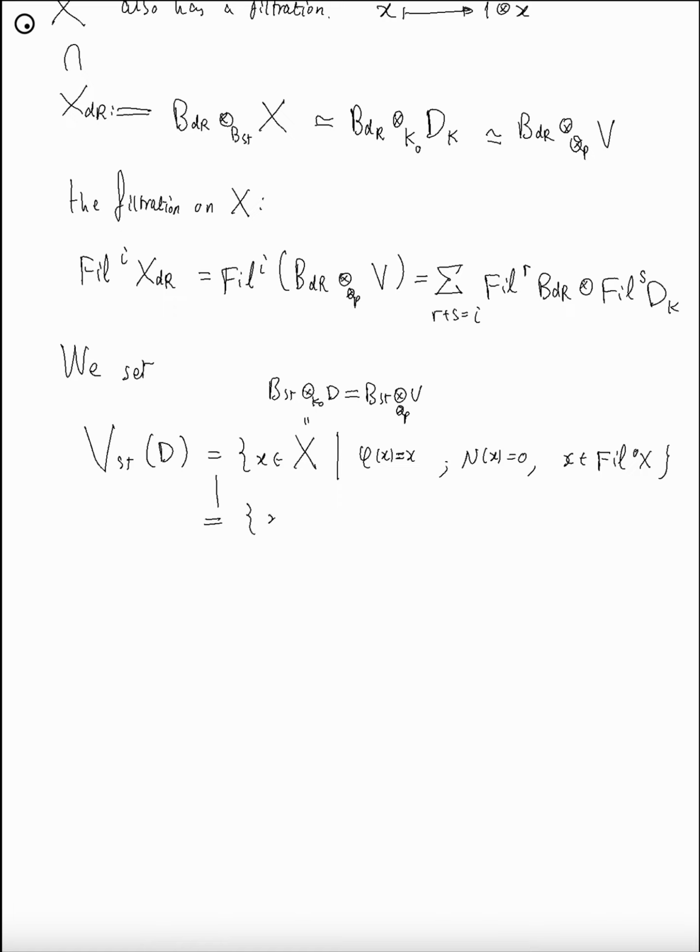This is the same as saying fixed by Frobenius, killed by monodromy, lies in Fil^0 of X. What is X? X is what we just constructed. So the Fil^0 of X,